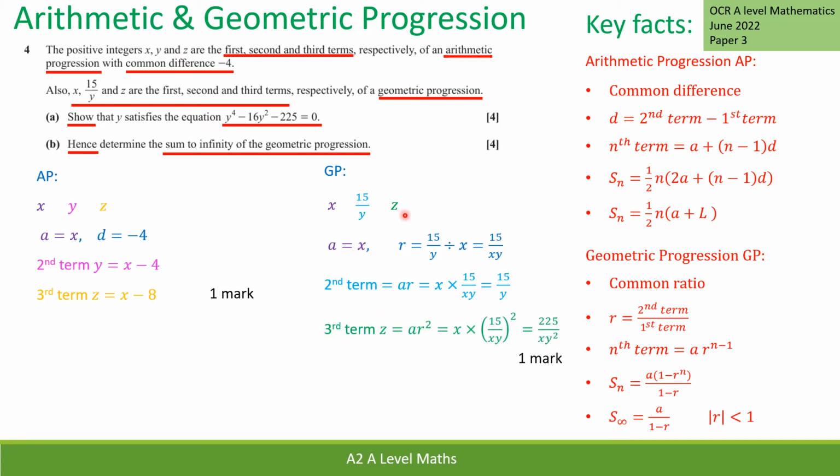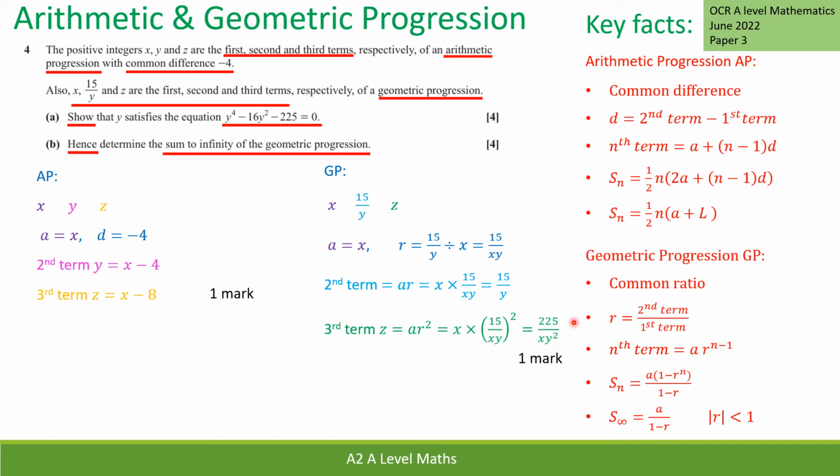My third term is z. Now the third term is a times by r squared. So this comes from this nth term formula here, where it's the third term. So it's a times r to the 3 take away 1, which is squared, which is why it's ar squared. So it's x, which is a, times by r, which is 15 over xy all squared,